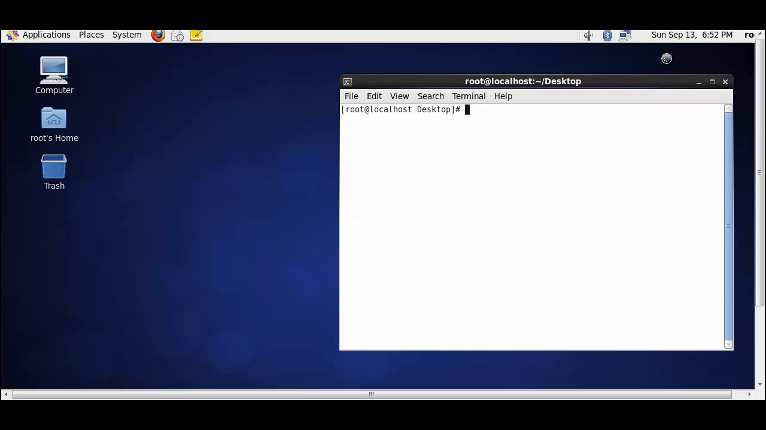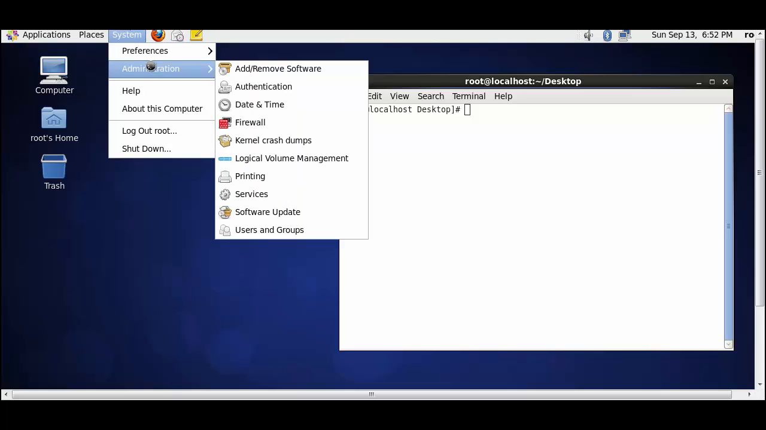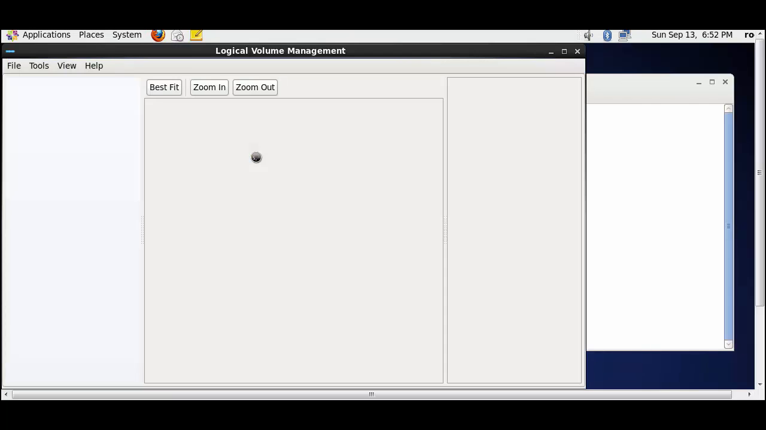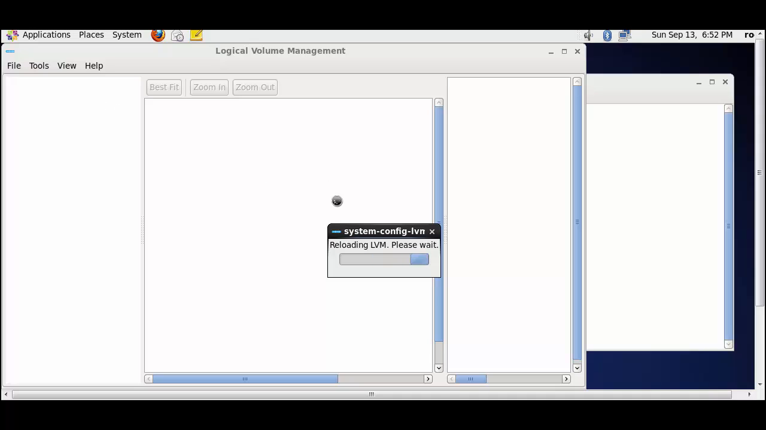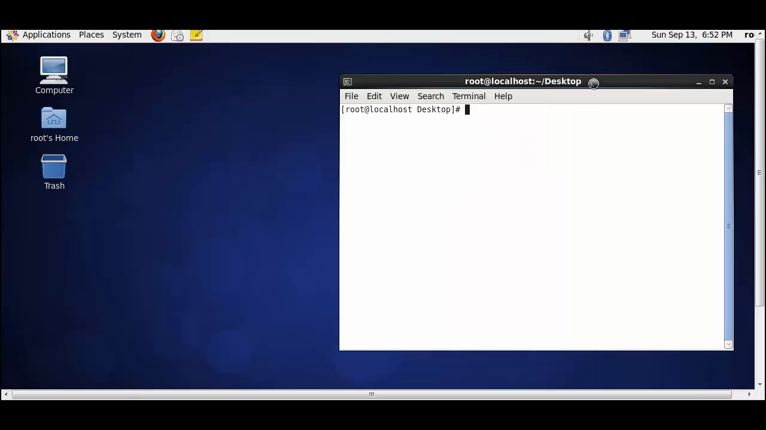Now, the best way to actually manage LVM is you have to go to the Systems tab, Administrator, and here it is, the Logical Volume Manager. We're going to talk about this a little more in detail later on. And this is how you can actually create your Logical Volume Managers. This is the actual drive. We're going to cover this in a future topic, but for now, let's focus on the